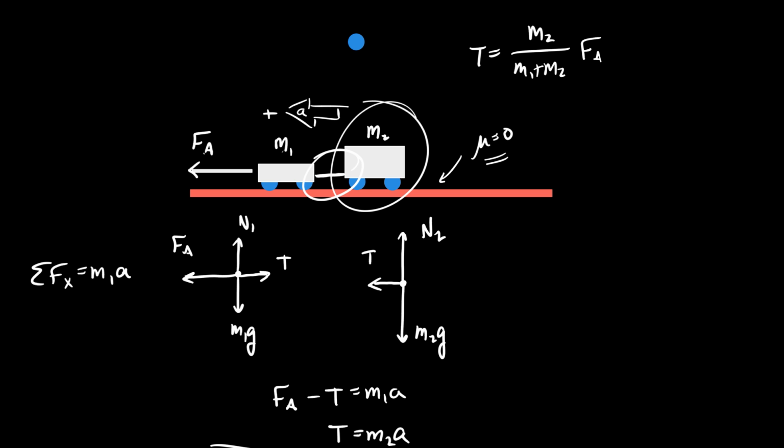Do you see this decision-making process? That's kind of like the last step in the question, making you consider what you would have to do to reduce the tension. That also suggests that if you have a whole line of cars, the tension is going to get less down the line. Does that make sense? We've only done one set of cars here, but you can probably imagine if there's another car here, this coupling has to pull the two cars behind it, while this coupling only has to pull the one car behind it. Does that make sense?